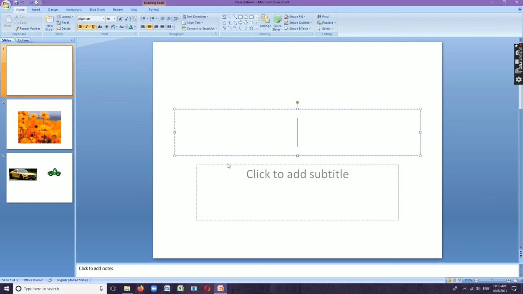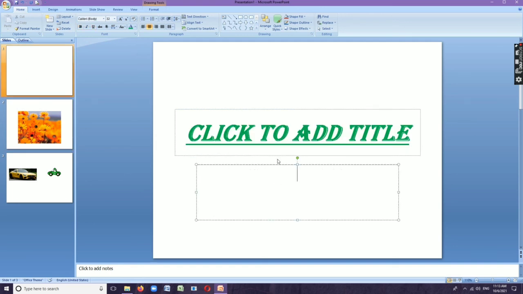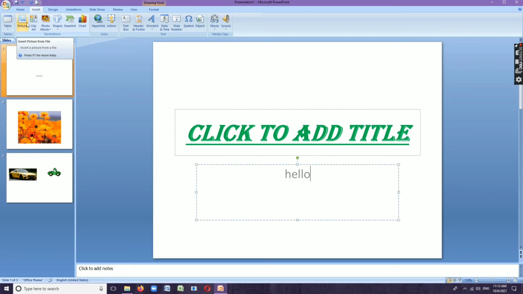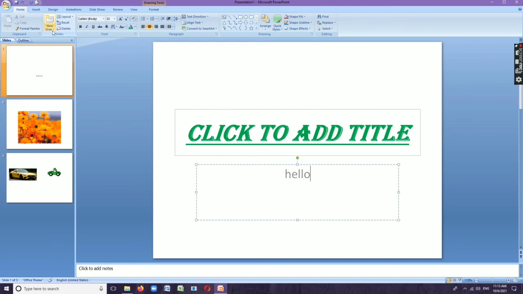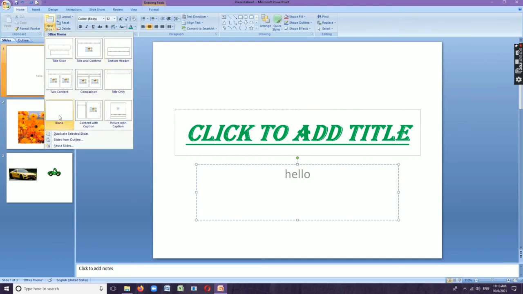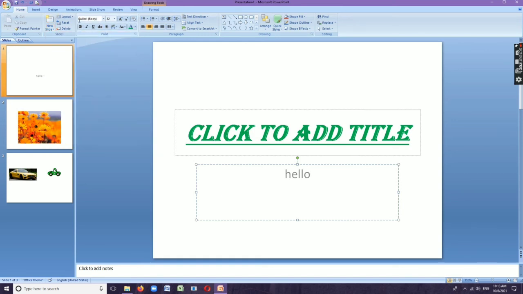So today first we have studied how to add text on the placeholder. By simply clicking on the placeholder, we can type text on the slide. After that, we have studied how to insert pictures and clip art on the presentation. By using the Picture and Clip Art options in the Insert tab, we can insert various pictures and clip art on the slide. And finally, we have studied how to insert various slides. By using the New Slide option available in the Home tab, we can insert various slides, and also it is possible to format the fonts.